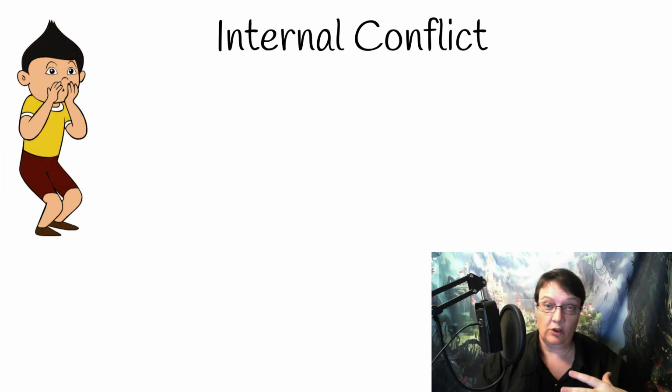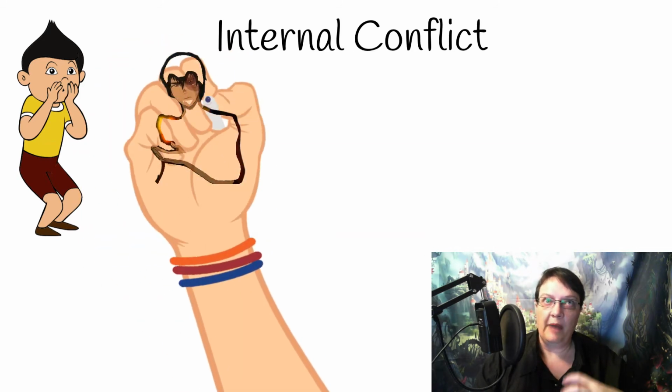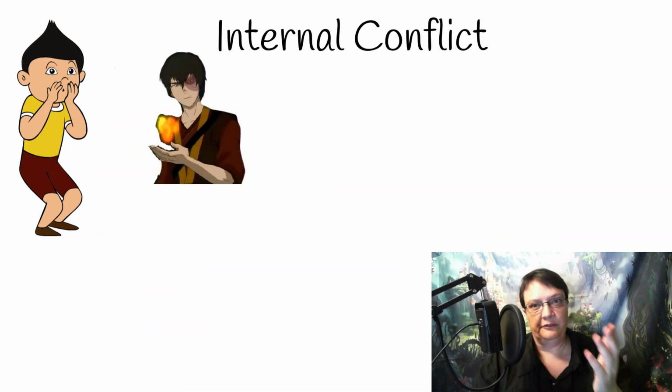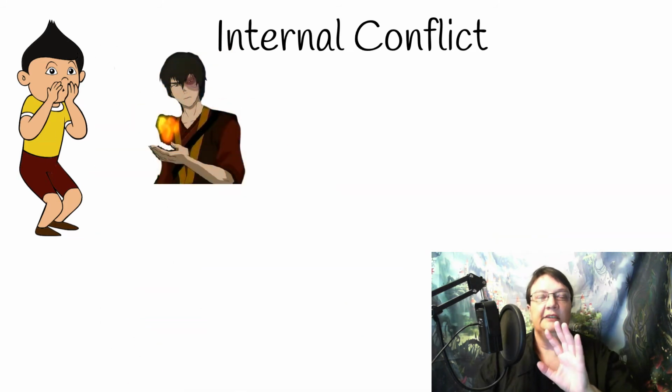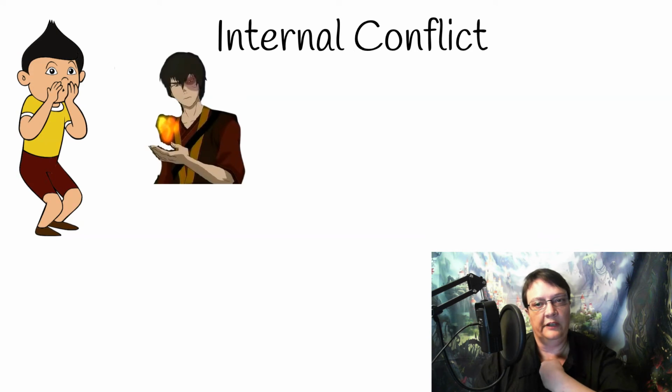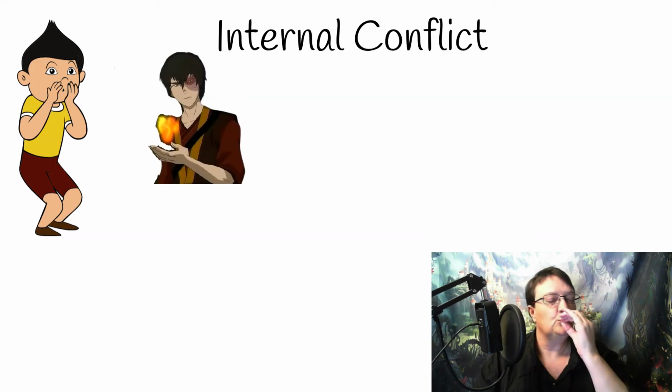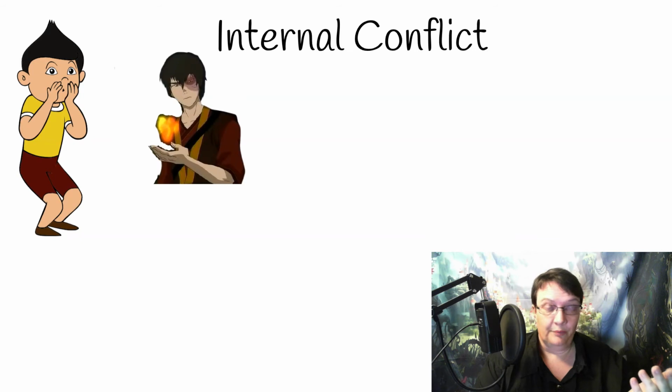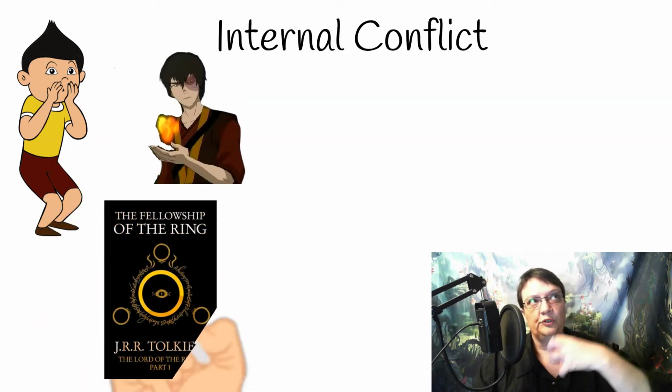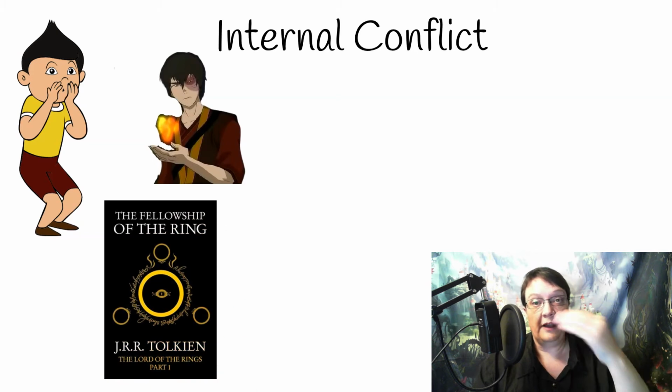The greatest example of this in modern fantasy that I've seen is Zuko from The Last Airbender. Zuko's battle against being a good person versus obeying his father is so beautifully done. His whole character arc, this fight, this internal conflict that it causes is just... Another good example of this kind of conflict is Frodo. Frodo spends the whole journey of The Lord of the Rings fighting to not fall to the ring.